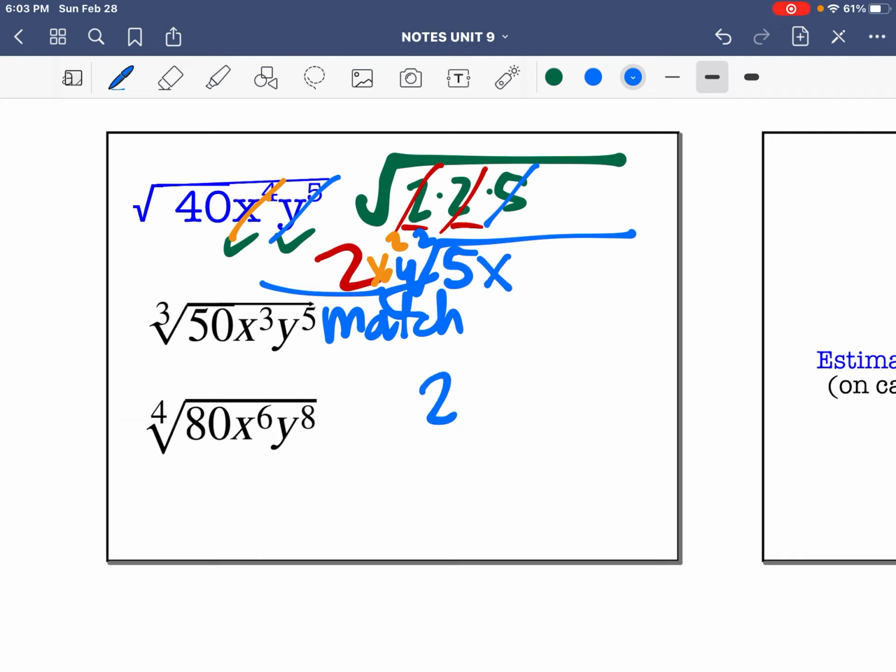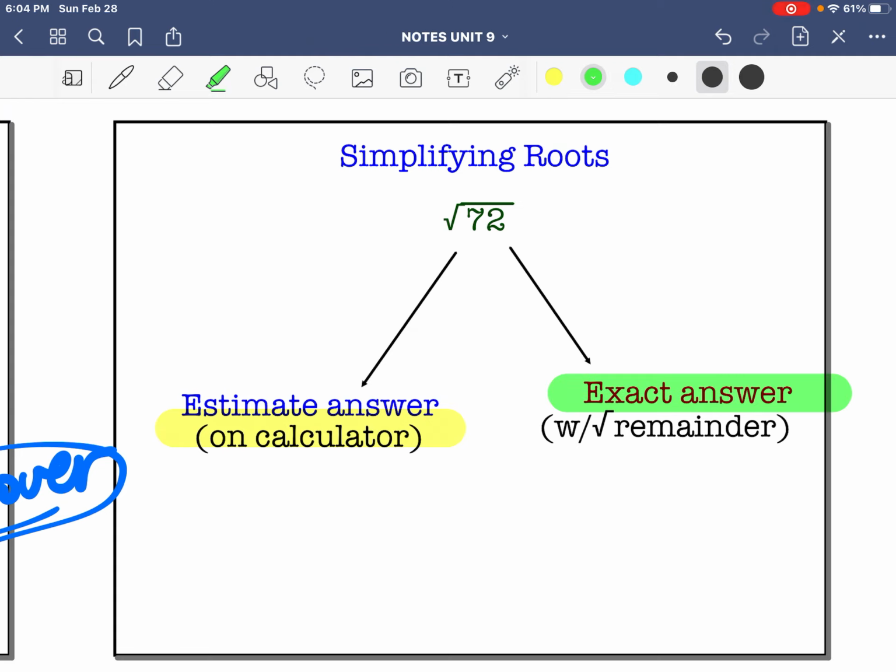And this is your leftover. So you have 2 parts, match and leftover. Now we have to be careful because sometimes it will ask us for an estimate answer, which we're just going to plug into our calculator. And sometimes it's going to ask us for an exact answer. An estimate answer example for this one is